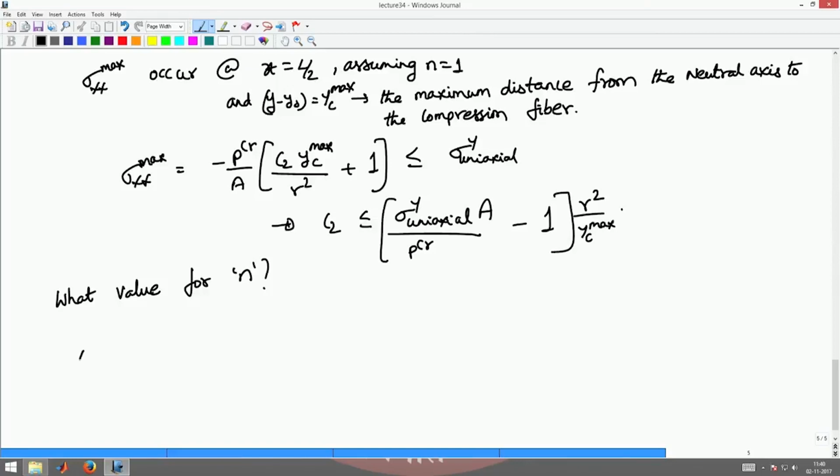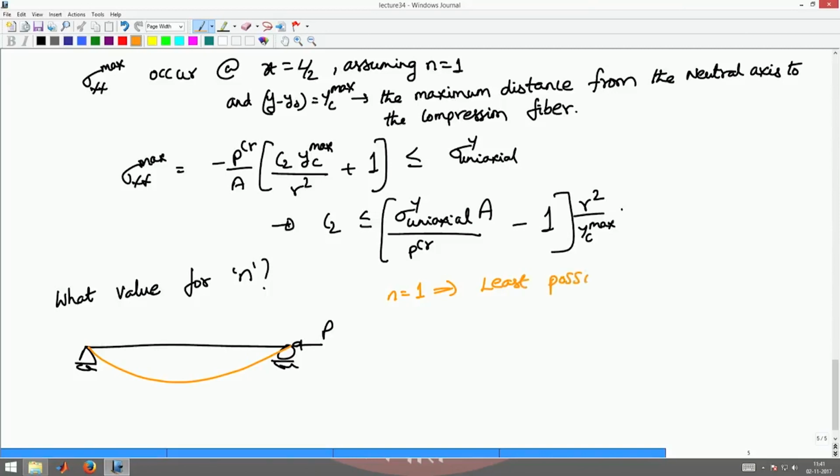If I have just a simply supported column with an axial force P applied, at midspan it can show any deflection that it wants to have, and it can deform into a part of a sinusoidal curve. So, here n can be 1, and when n is 1 that results in the least